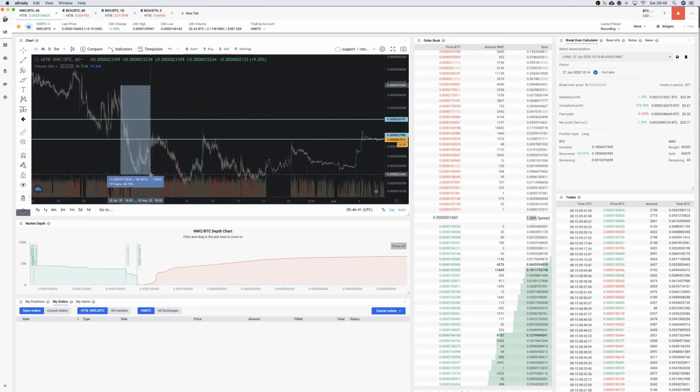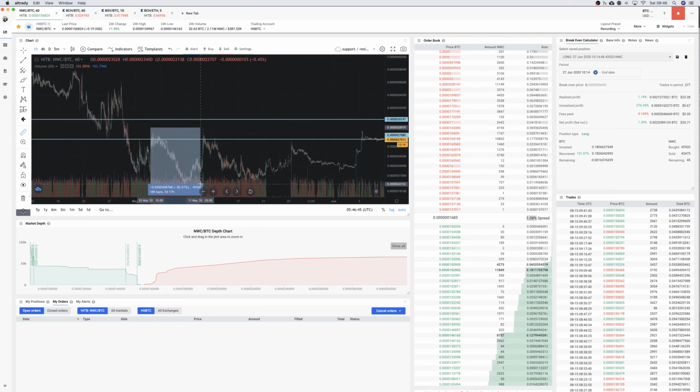Here you can see there's another 38%. So if you analyze how the market did the previous time, statistically you should still be okay, and you will be able to get out